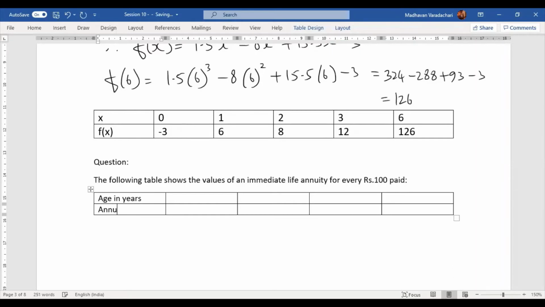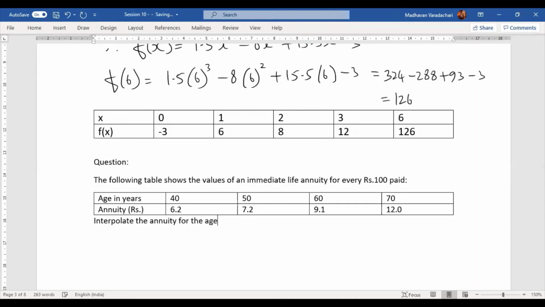Here it is annuity in rupees: 6.2, 7.2, 9.1, 12.0. Interpolate the annuity for the age 42